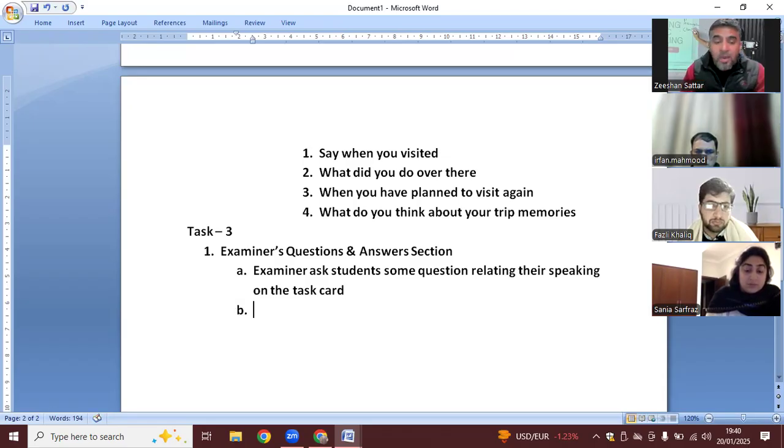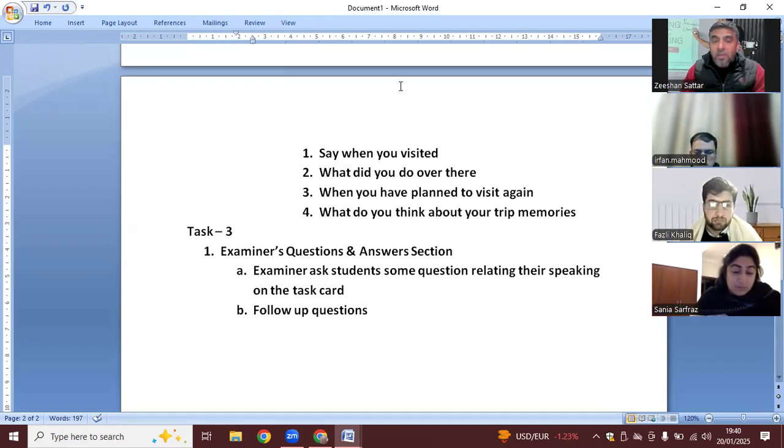So these are known as follow-up questions. Follow-up questions means the questions the examiner is going to ask us once we are done with speaking on the cue card. But nowadays, what is being observed in the majority of cases is that the examiner does not ask questions relating to the cue card. He normally asks questions other than the cue card speech, like what happens in your